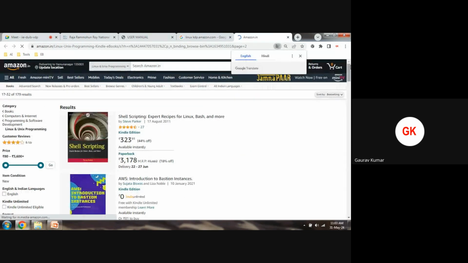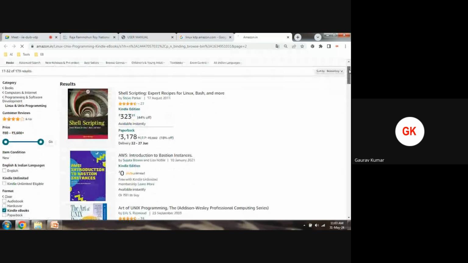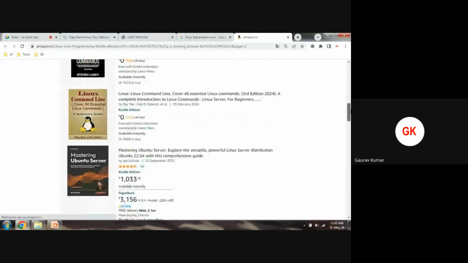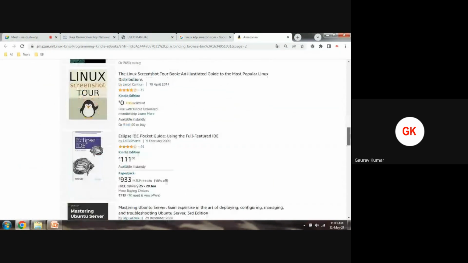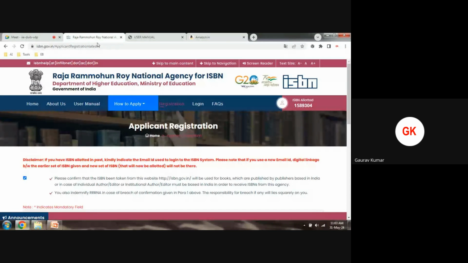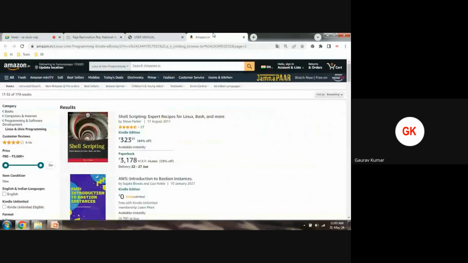Any subject, so you can see that in this way your book will be published. You can give a price for your book, and as soon as your book is downloaded or read from Amazon, you will be given a royalty. All of these are Kindle edition. No need to pay even a single rupee. At zero cost, you can take an ISBN from this government portal, and at zero cost, you can publish your book